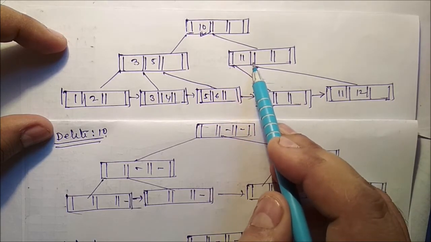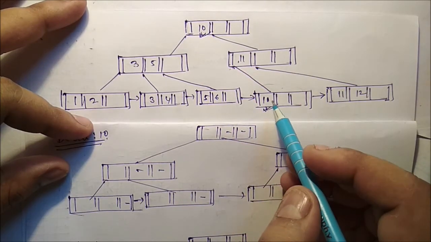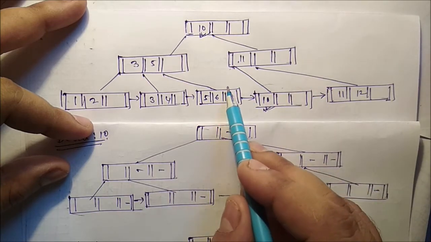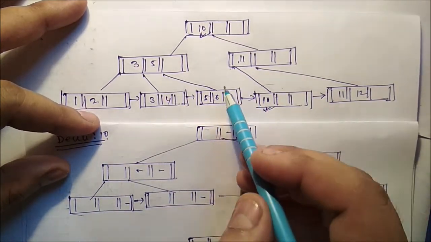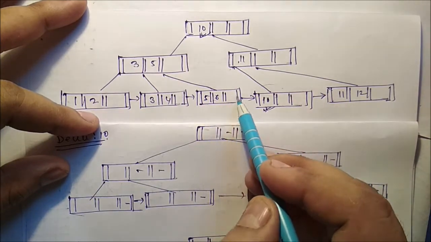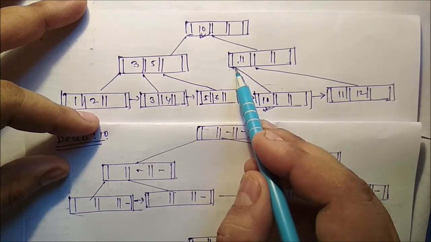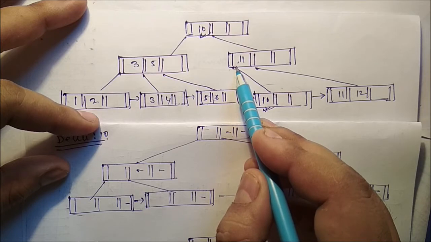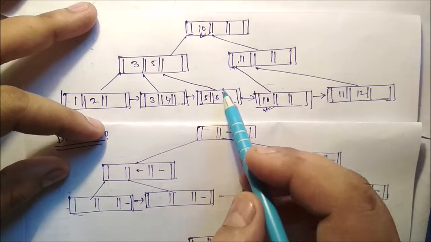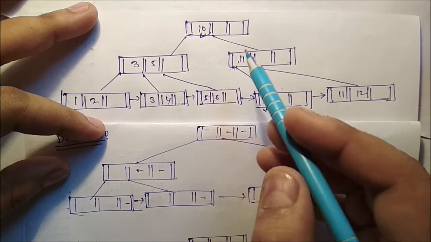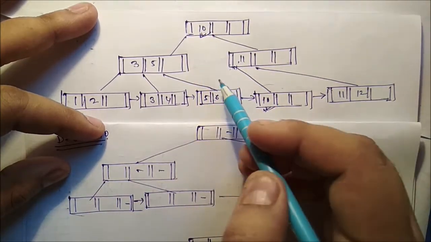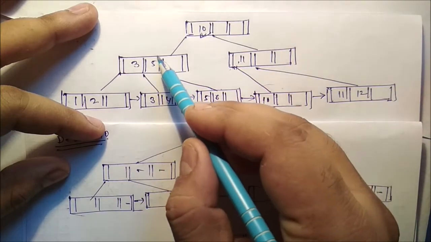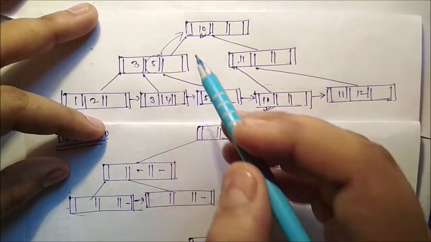So to delete 10, what we can do is merge these two nodes, and if you merge these two nodes, that means we can shift this particular children to the right part of this particular 11. Are you getting this one? Now if you move 5, 6, 11, this one, and if you remove 10, we must put something here. So here we have to move this particular 5 in the upward direction.